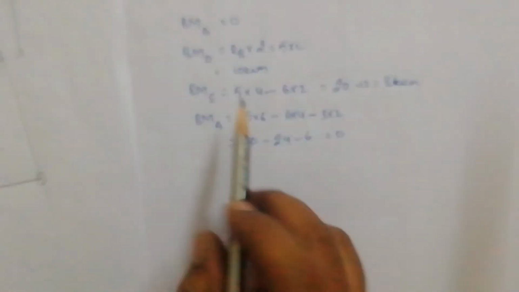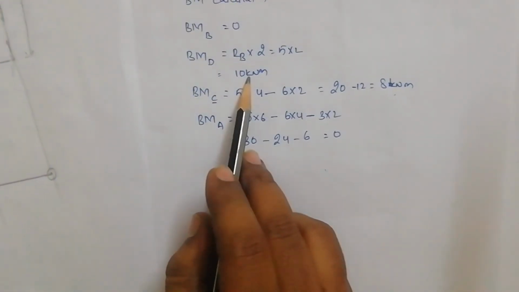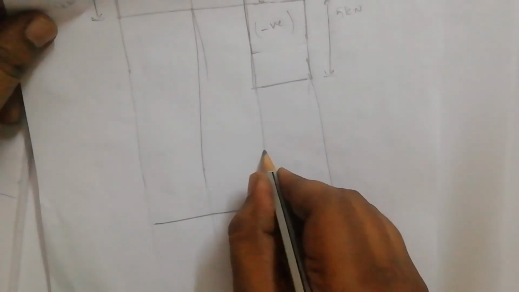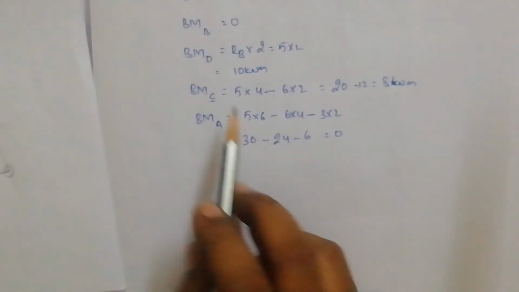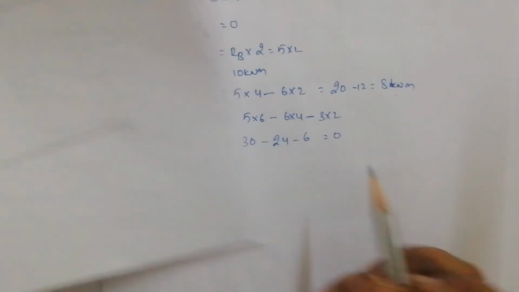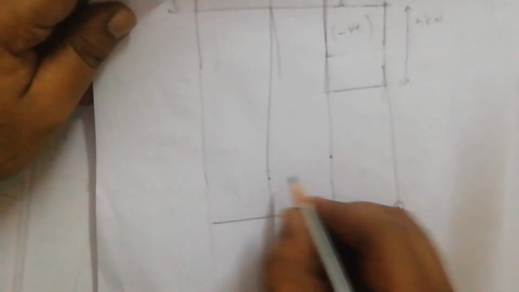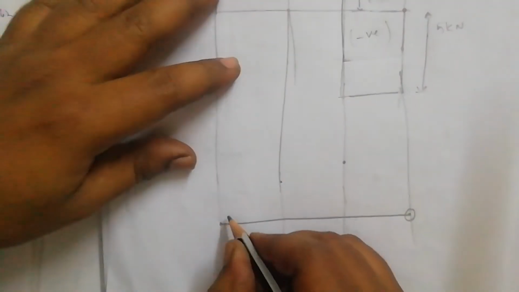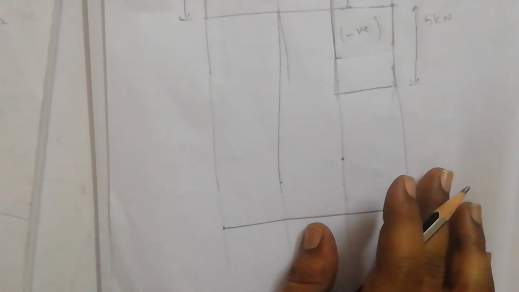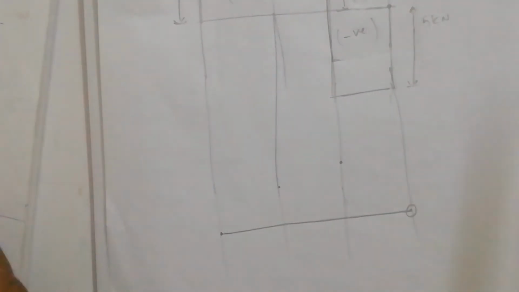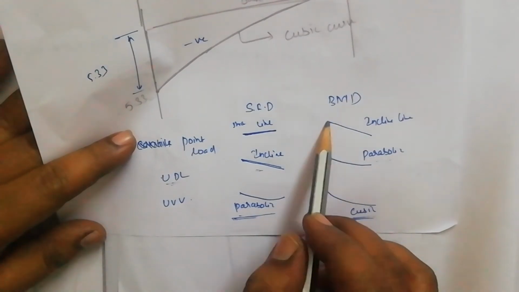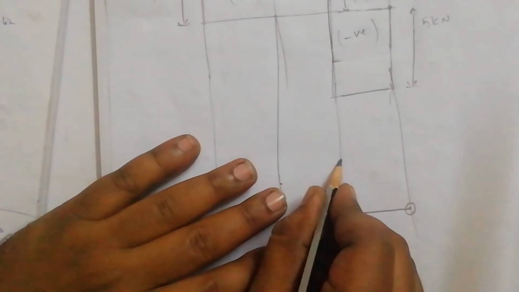Next, what is the bending moment at point D? It is 10 kilonewton. This is positive, so I will draw 10 kilonewton. I don't know the height, I am just using it. Next, bending moment at point C is 8 kilonewton, so I will shift it somewhat lower. Next, bending moment at point A is 0. Now join these points. What is the law we have studied? If it is point loads, in shear force we get a straight line, but in bending we get an inclined line. So we have to join these by inclined straight lines.